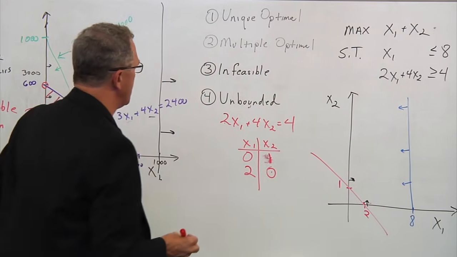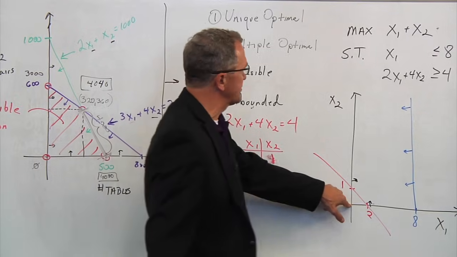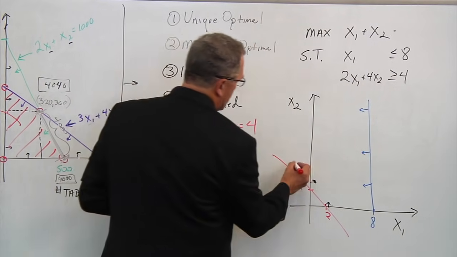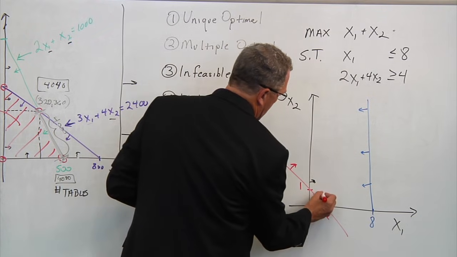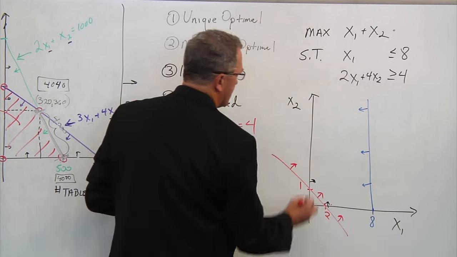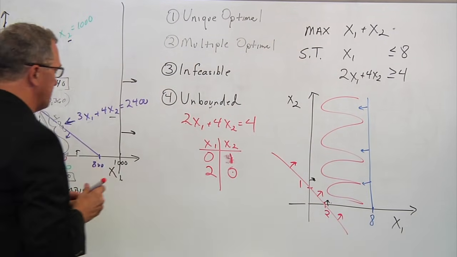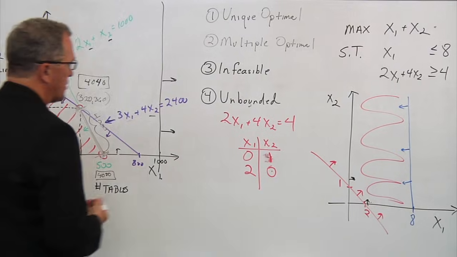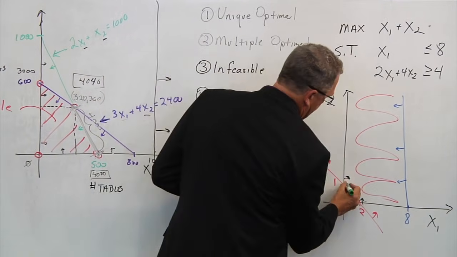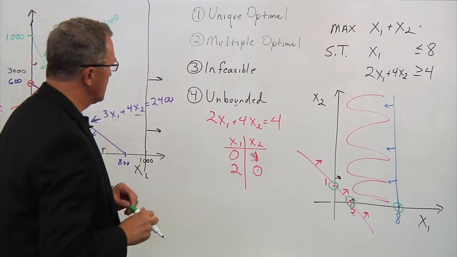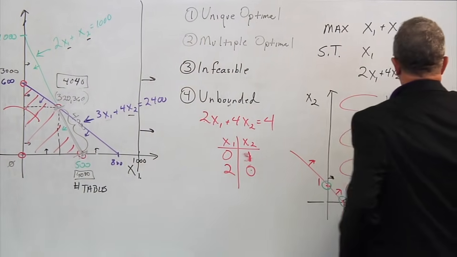What side do I need to be on? Well, the origin isn't on this line. Let's test it. 0 plus 0 is not greater than or equal to 4. So I want to be on the non-origin side of the line. This is now my feasible region. My corner points are here, here, and here. So I go through and test things. Got my corner points